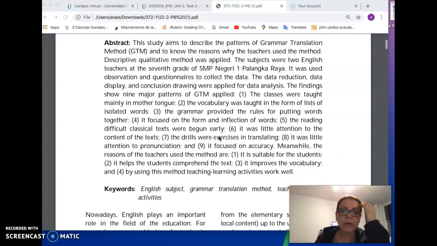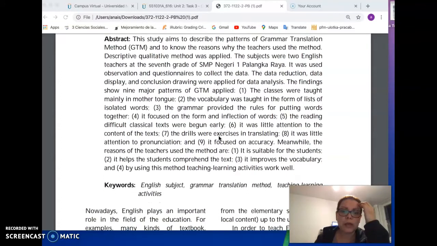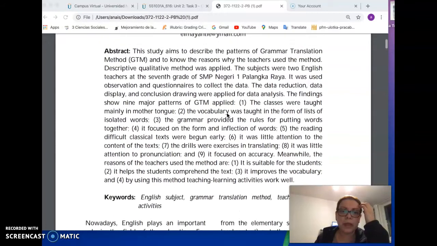I was able to determine this qualitative method because, for a main reason, it's just here in the abstract. It says that the descriptive qualitative method was applied, so it wasn't that difficult to find out. But I want to